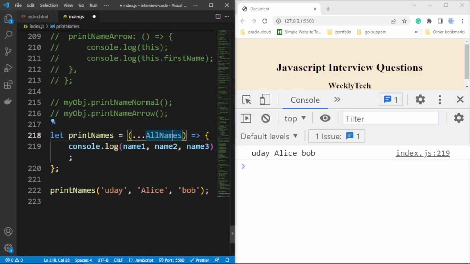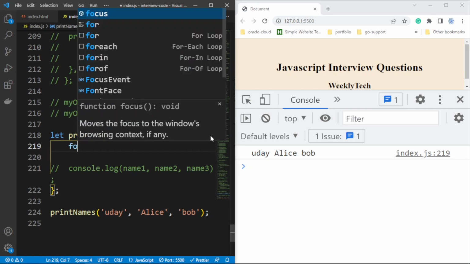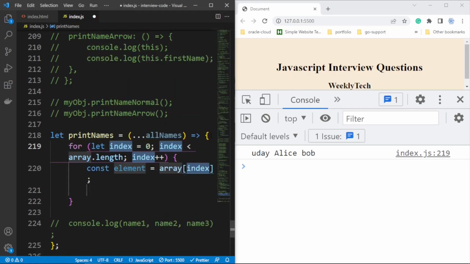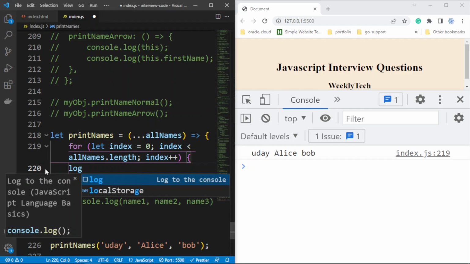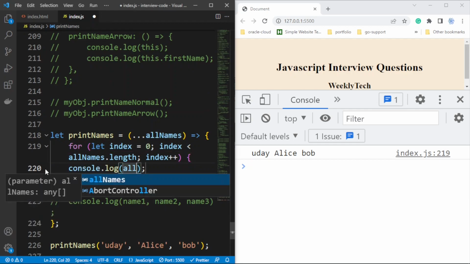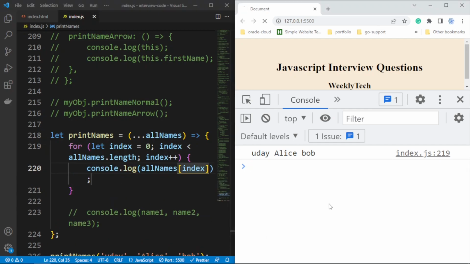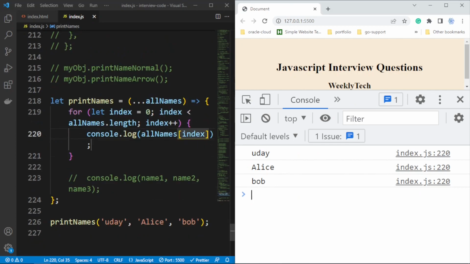In this case all names will be an array, and you can loop over this array to print all the names. I'll iterate over it with console log all names like this. Okay, and I'll get Uday, Alice, and Bob in the output, and that's what we are passing